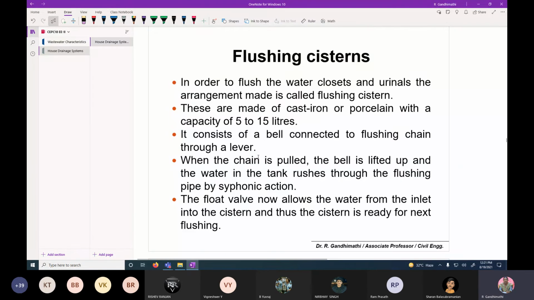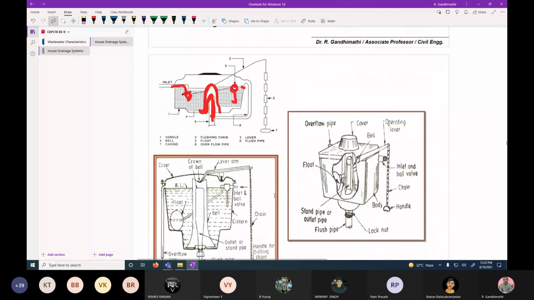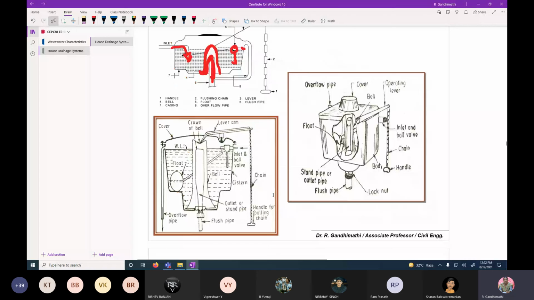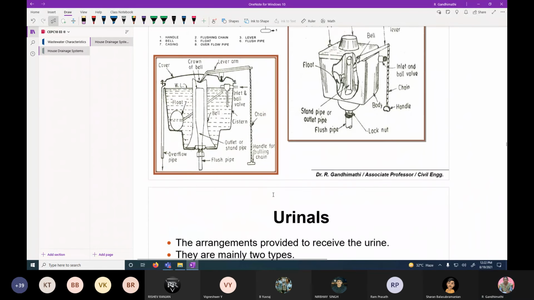When the chain is pulled, the bell is lifted up and the water in the tank rushes through the flushing pipe by siphonic action. Then the float valve allows the water from the inlet into the cistern, and thus the cistern is ready for the next flushing. Okay, you just go through this concept. Maybe you can try it in your home and see how it works.